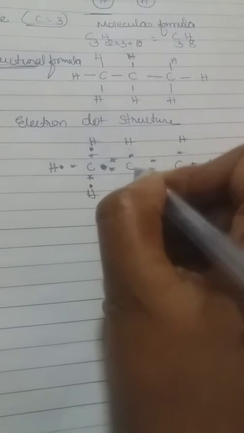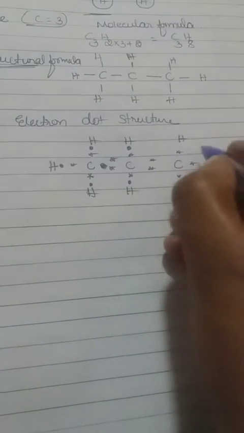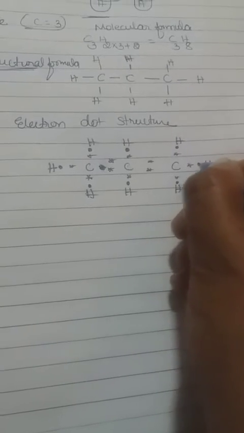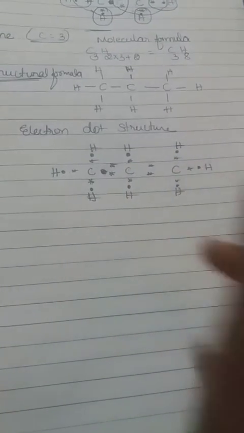Here one electron, here one electron, dot, and this is dot, this is dot. See, you can check if you combine this with a line, you can get a line. See how the line will be like that. If you combine, that forms a single bond, sharing of one pair of electrons.